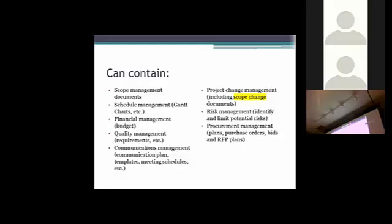So, how you move forward on the project process is part of the project. It's less important than